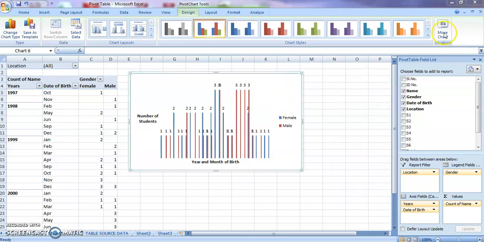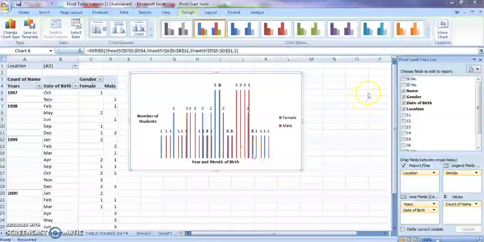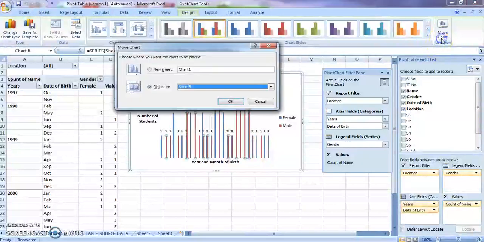Similarly, you can move the chart to another preferred location. Then you can just click move chart, you will find out. Okay, now you will find a prompt in which you can select where your chart has to be located, and you can even change the name of the chart here. Right, it is marked as Chart 1. You can name it according to the way you prefer. Okay, now just click OK.